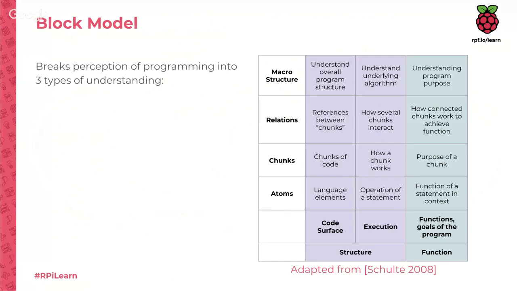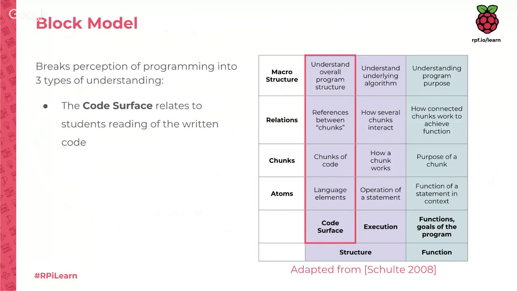So this block-based model allows us to think about writing code in a few different ways. First of all, when students come to coding, they have to deal with the code surface. And this really relates to the bit that we've just highlighted in the poll. This is about the syntax and the spelling, the text surface, what that code looks like. And there's an aspect of interpretation that the students have to do before they can even start to operate in that space. Now with Scratch, the code surface is colorful, snap together blocks. The language and the grammar of Scratch is visible, it's really clear to see. They don't need the literacy skills in order to engage in it.